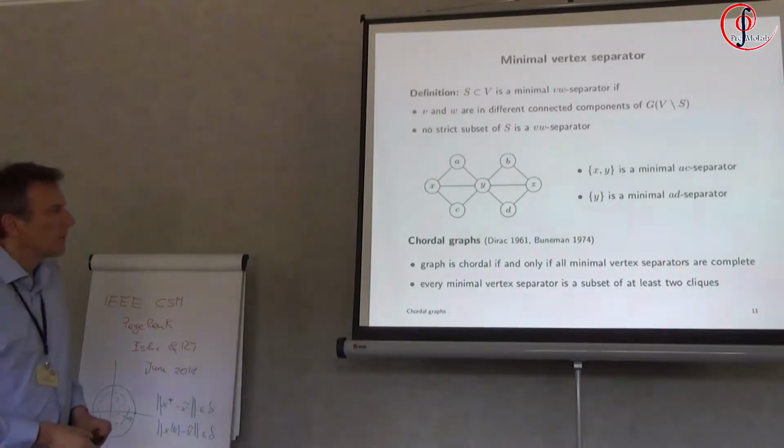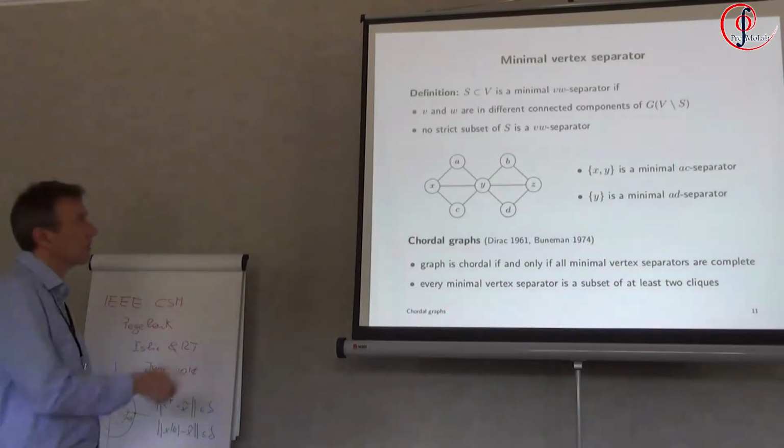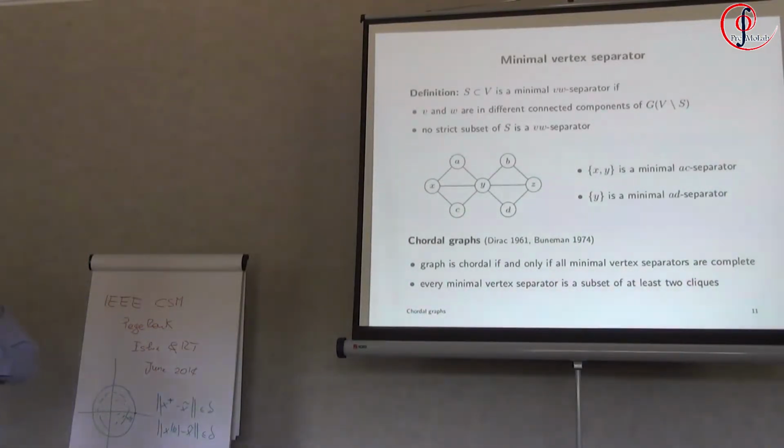The first classical theorem about chordal graphs, from the 60s, is a theorem that characterizes vertex separators in chordal graphs. So a vertex separator of two vertices, V and W, is a set S that has the property that if you remove the vertices in that set S, V and W are in different connected components of the graph. So it separates the vertices V and W. And it's a minimal vertex separator for that pair of vertices if no strict subset of the separator is also